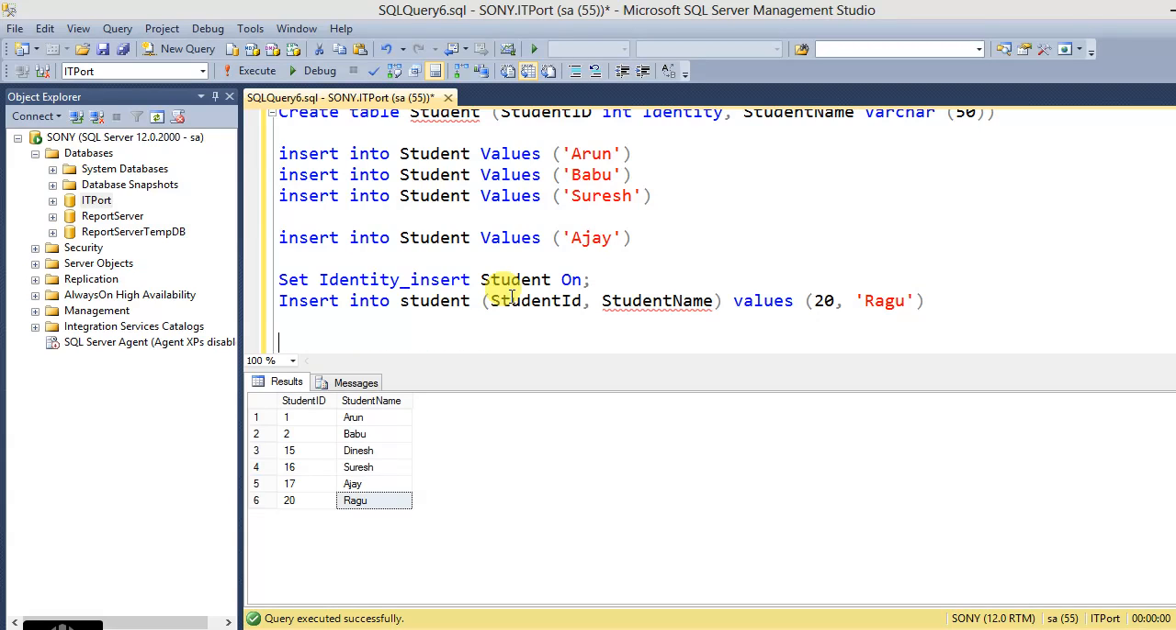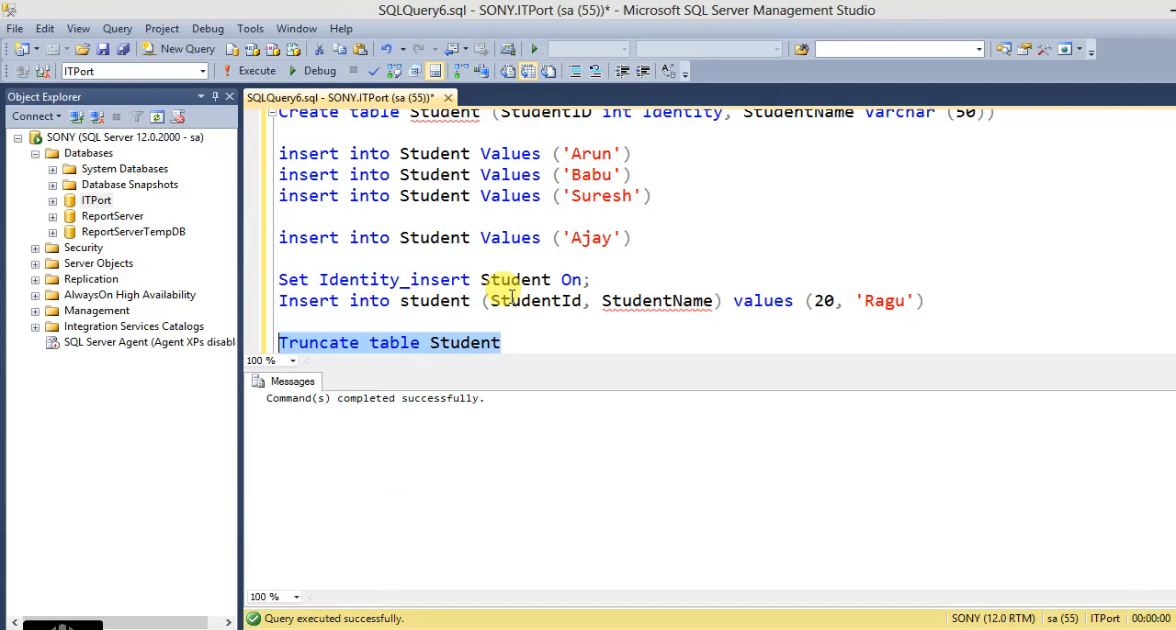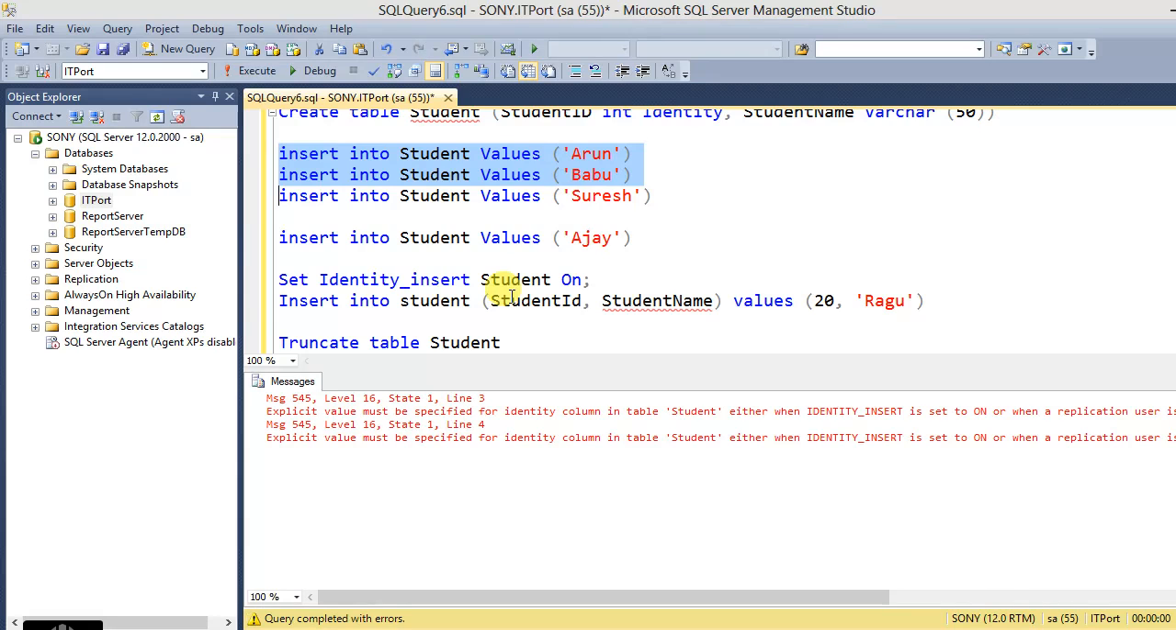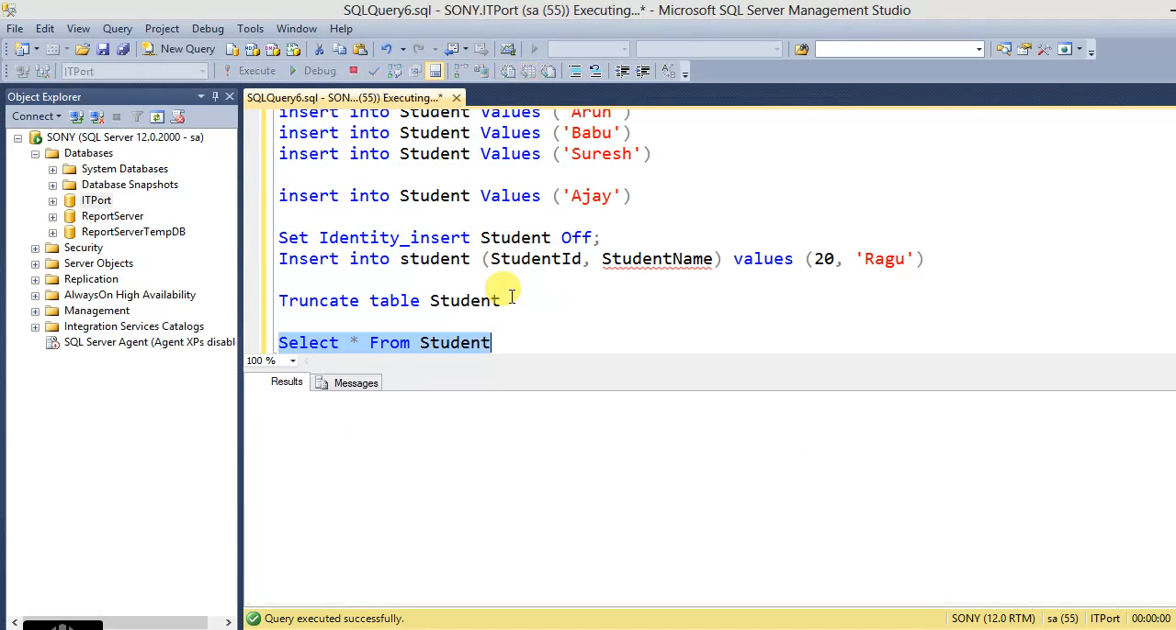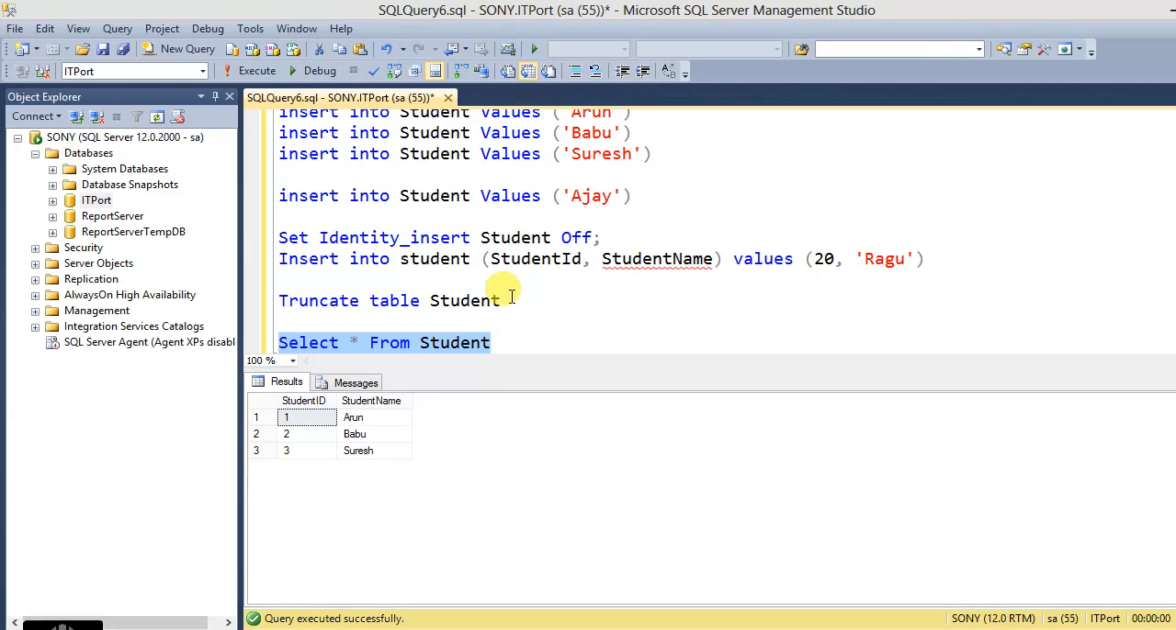If you want to reset the identity value, we can only use the truncate table statement. Only by the truncate statement will the identity values restart. Now the property is disabled. Again it will restart the identity value only from a truncate statement. If we delete one row,